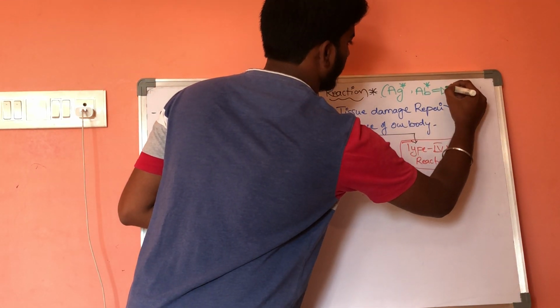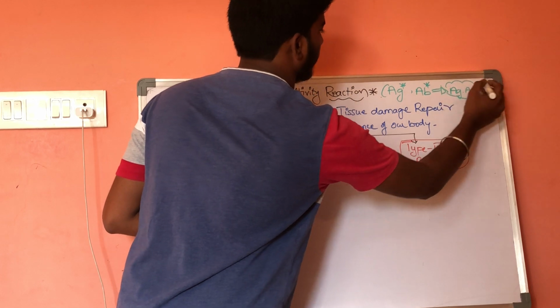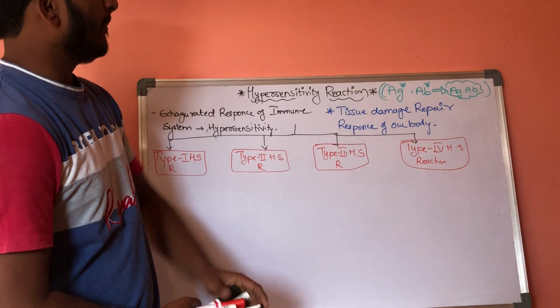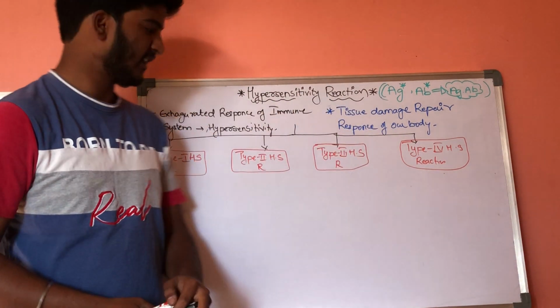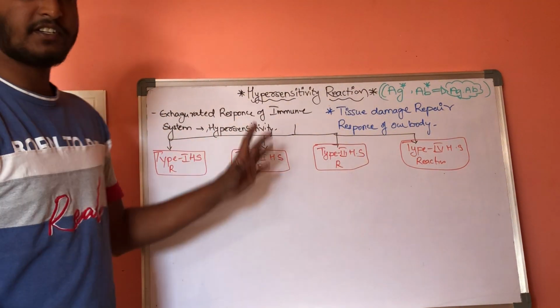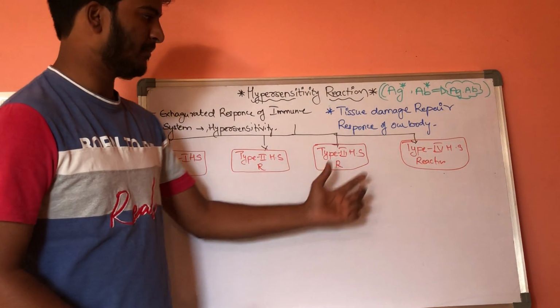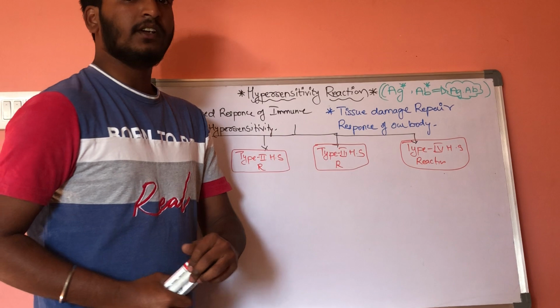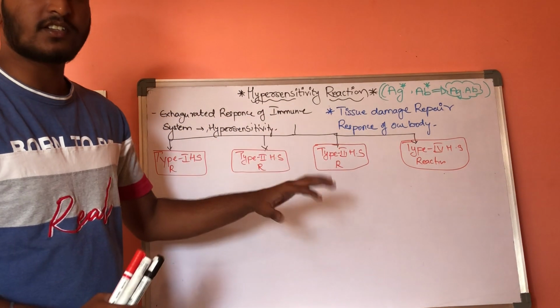This is the basis of hypersensitivity reaction, which is differentiated into 4 forms: type 1, type 2, type 3, and type 4. In each type, we should study the characteristic features of antigen